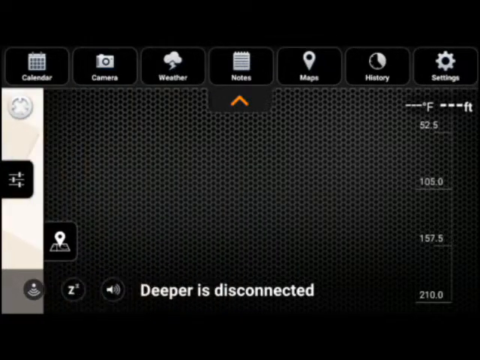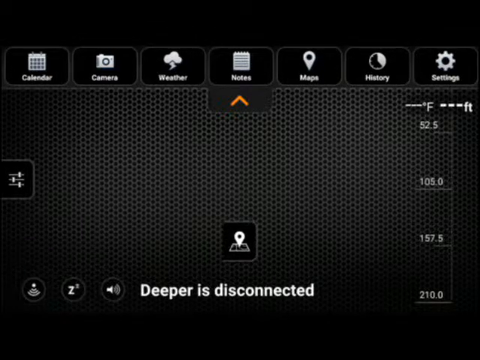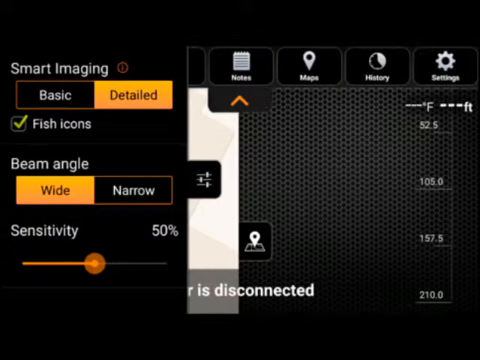In addition, this little map tab here will allow you to display the entire display as a sonar readout or a split display with your location, kind of overhead Google view, on the left side and the sonar scan on the right, your preference. These little adjustment icons here on the left give you some quick access to several options